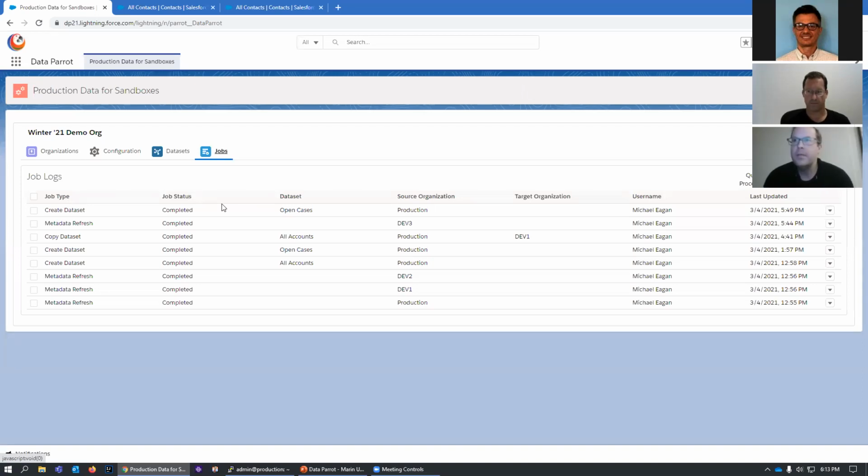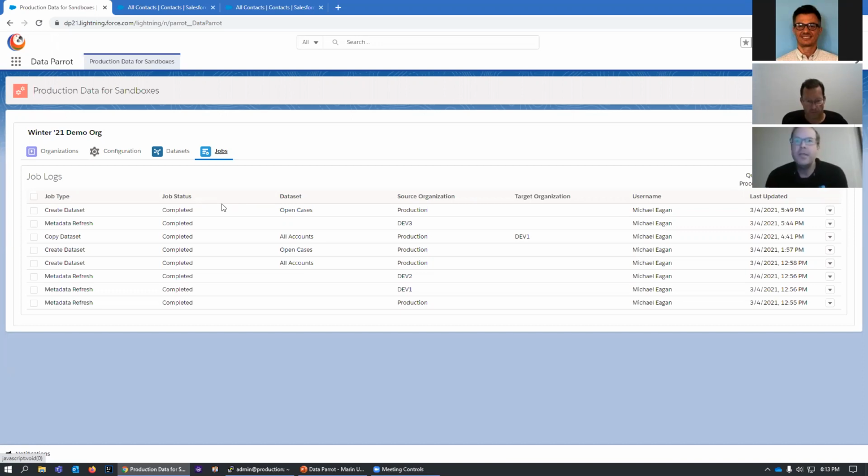There are two other interesting use cases as well. One would be maintaining a training sandbox for, say, new employee onboarding. It could be a salesperson, it could be HR, however. So you spin up a sandbox and you've got a data set that you can run on a regular basis to refresh the environment, to help get new employees up to speed on